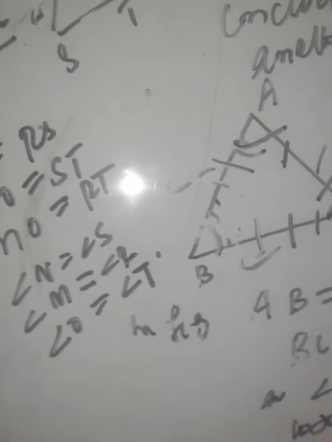So remember, we will use this property again and again in your questions. Whenever two triangles are congruent, by whichever rule, we have nothing to do with that. One thing which must come is that corresponding parts are equal.